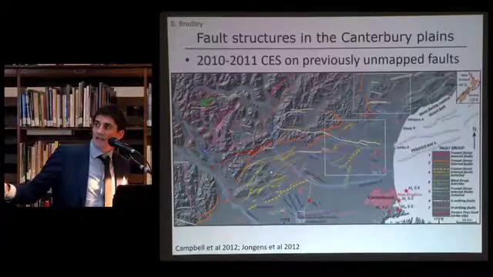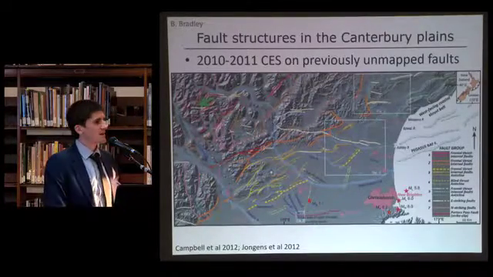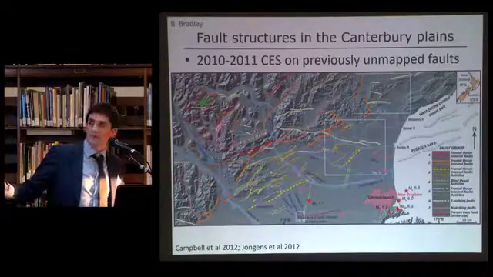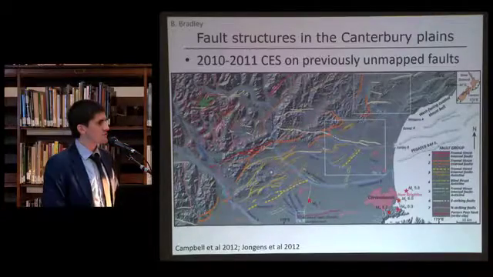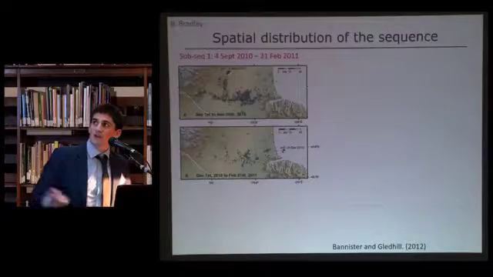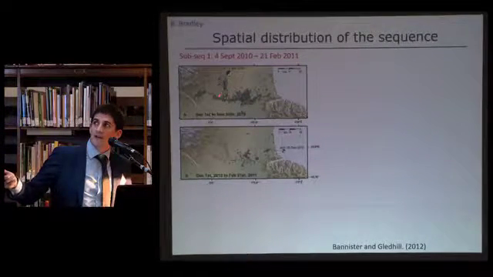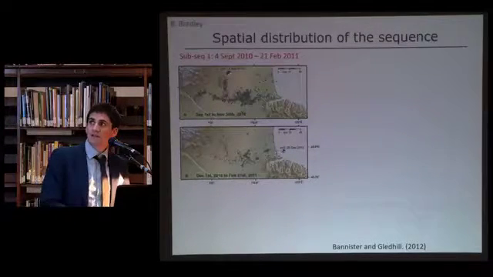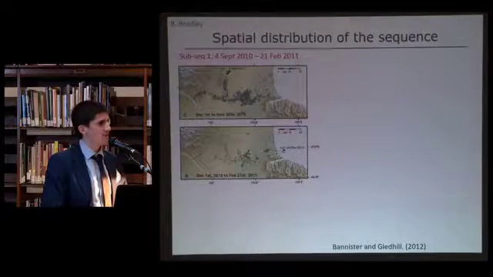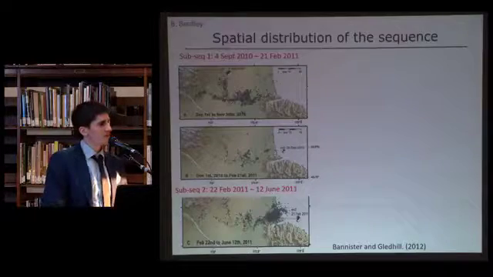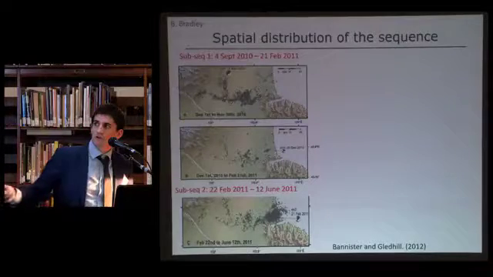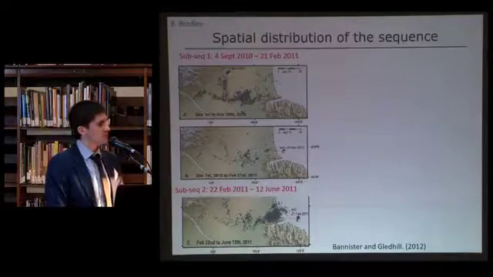So you can see here this magenta coloured line, which indicates the location of the first earthquake that really started the sequence in 2010, and then progressively over time we saw this sequence move generally in an easterly direction. So this is sort of an illustration of how things changed with time. We had that first earthquake located here, and then a significant amount of aftershock activity. Obviously, after several months, that aftershock activity died down. In the next month and a half, it was relatively low. Then we had the most devastating earthquake in the sequence, the 22nd of February 2011 Christchurch earthquake, and then, of course, a large amount of aftershocks associated with that.